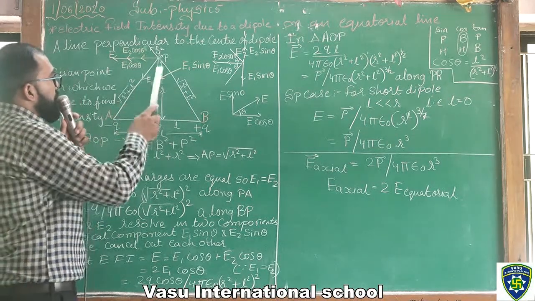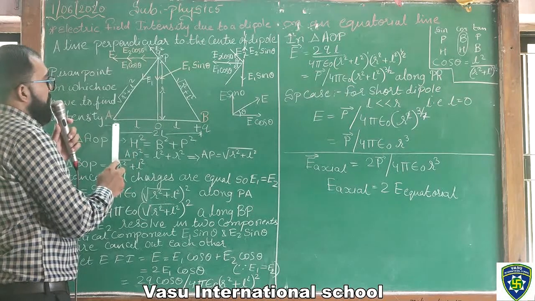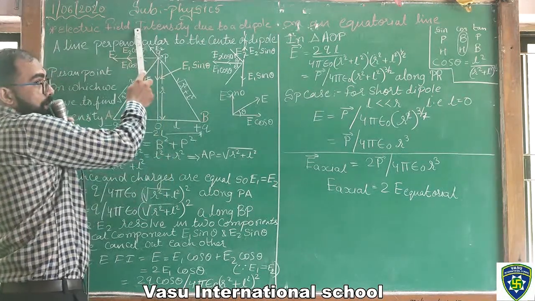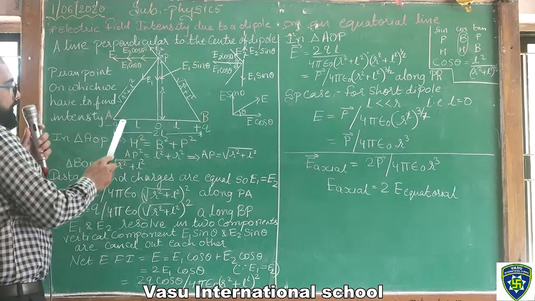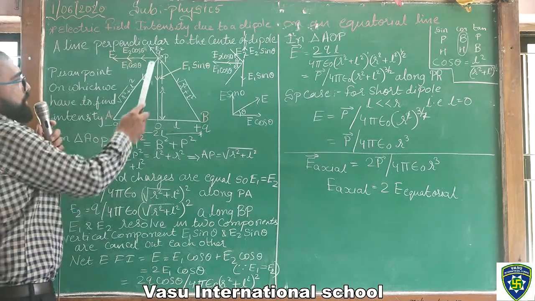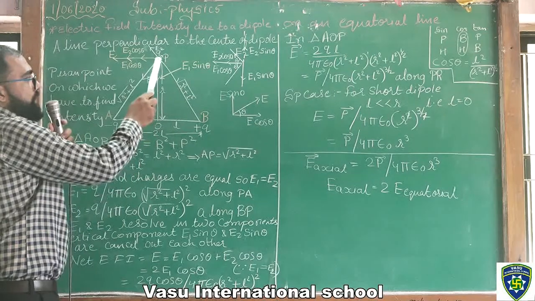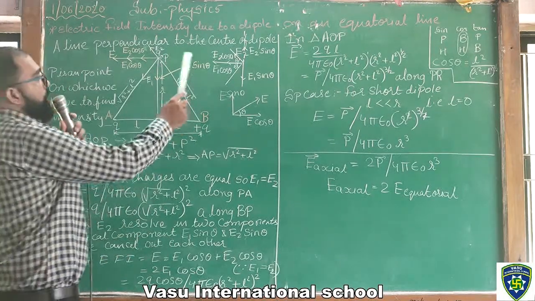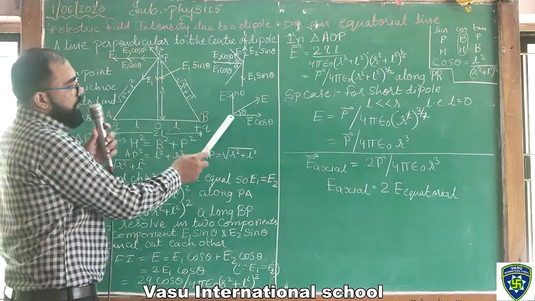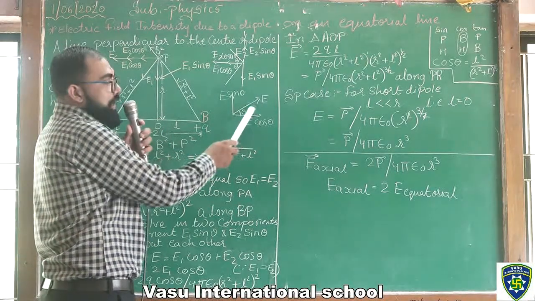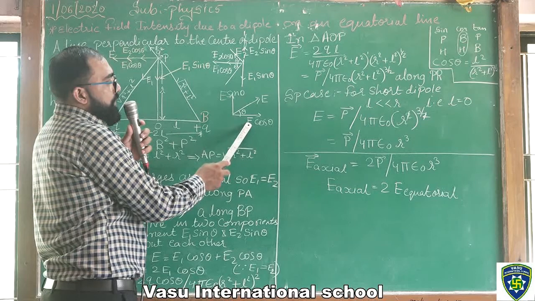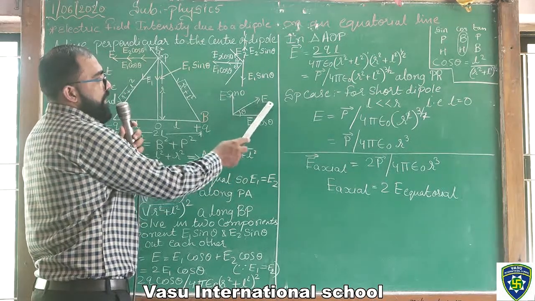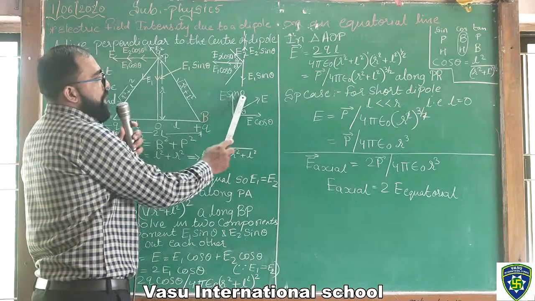Okay. So here it is Q0, here it is minus Q, here it is plus Q. Plus Q means it repels and minus Q means it attracts towards that minus Q charge. So here we are having a component at the same point. So we have to find two components, vertical and horizontal, that is cos and sin. So there is a charge and two components, that is E cos theta and E sin theta. If it is E1, E1 cos theta and E1 sin theta.